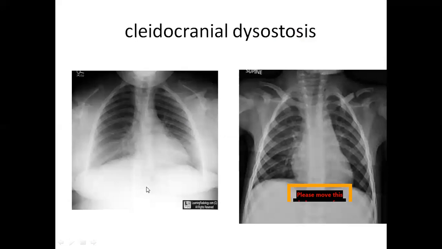Now let us come to this X-ray. This is the vertebral column. These are the ribs, but the clavicle is missing. Here the clavicle is present, just for a comparative study. Here you can see the clavicle is shown as two pieces. When you are thinking it is lack of fusion, always we have to check bilaterally, right and left side. Here the fusion is there, here fusion is not there. That means here it is showing a fracture of clavicle, and the other X-ray picture is showing absence of clavicle. You call it cleidocranial dysostosis.